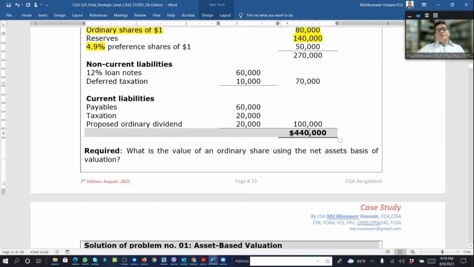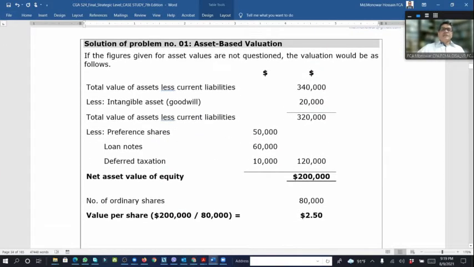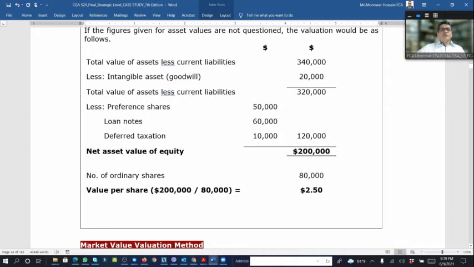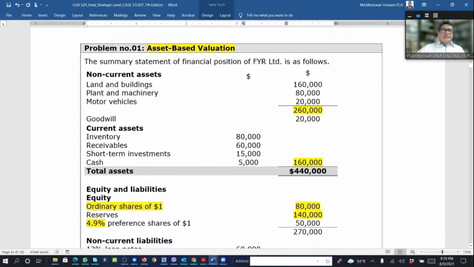What is the value of the ordinary share using the net asset basis of valuation? So that is the requirement. What is the value of an ordinary share using the net asset basis of valuation? So if we see here, if the figure is given on an asset base, the value would be as follows. Look here, total value of asset less current liability. So here total asset is